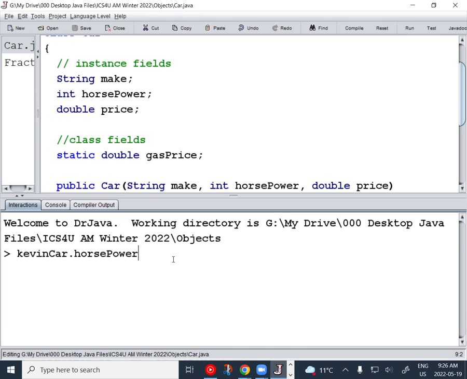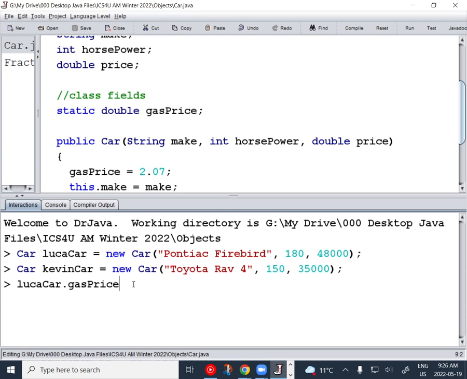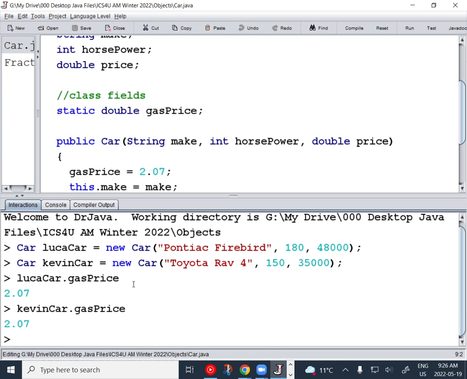Let's go back to interactions. And let's make our cars again. So Luca car, and Kevin car. And so now, if I go Luca car dot gas price, what do I get? 2.07, right? Good. I get 2.07. If I go Kevin car dot gas price, what do I get? 2.07. Now, what if I change Kevin car dot gas price to, let's say it goes down a little bit,